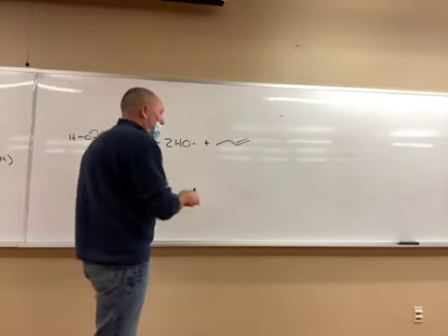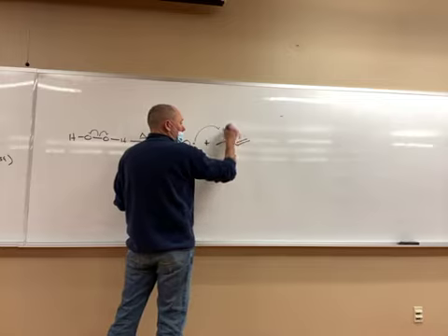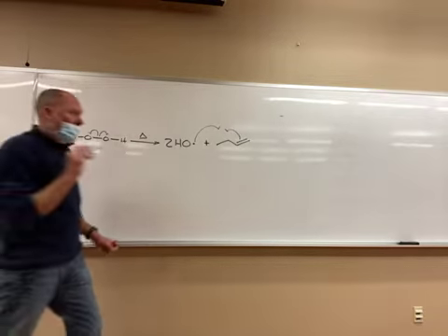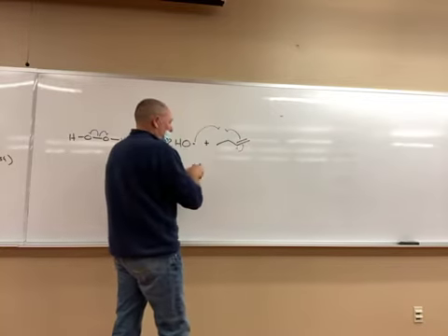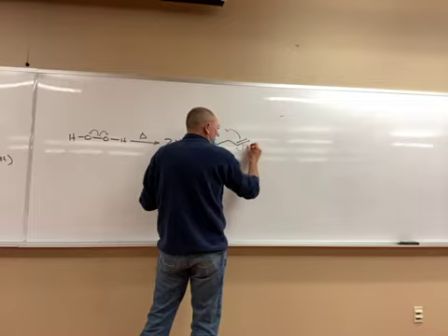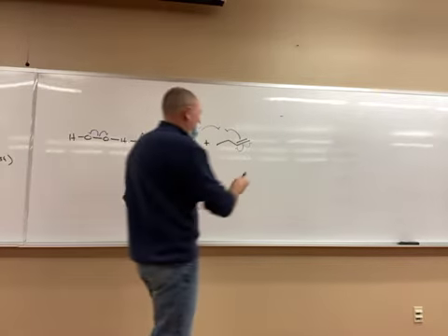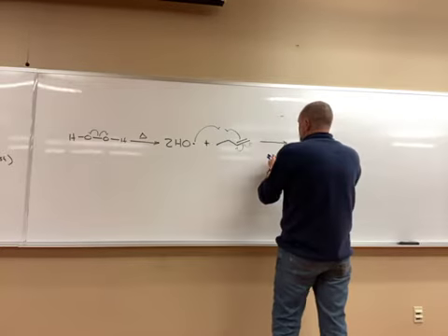Okay? So with that, this electron and this electron get together, but here's the thing. Notice, I can put blue here, or I can put red here. Okay, so watch this. I have 2 possibilities. I have blue